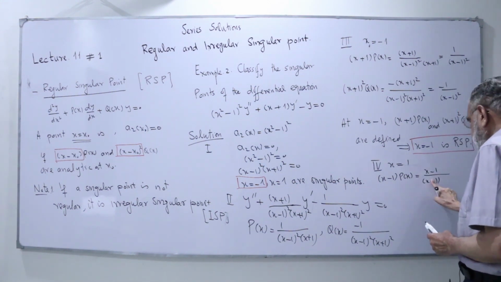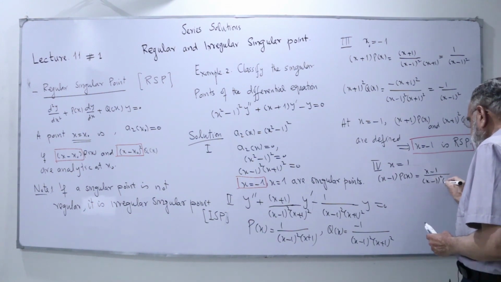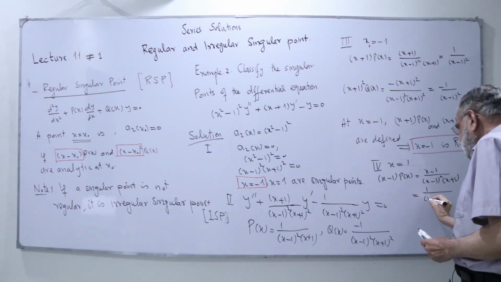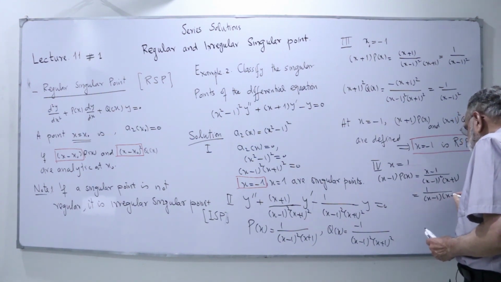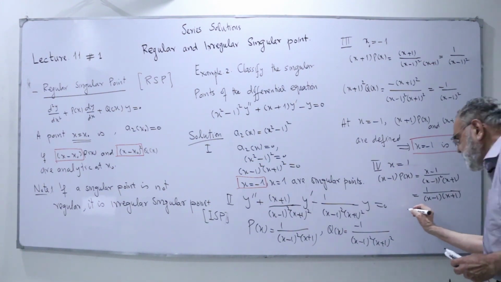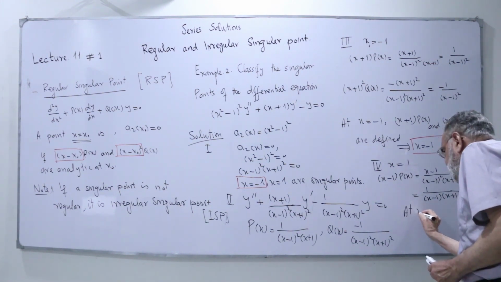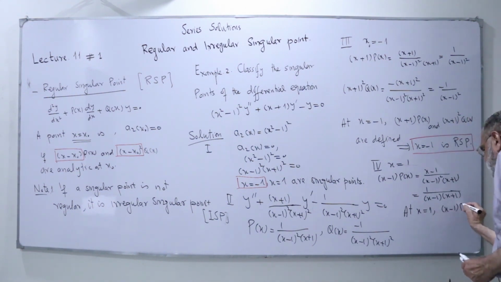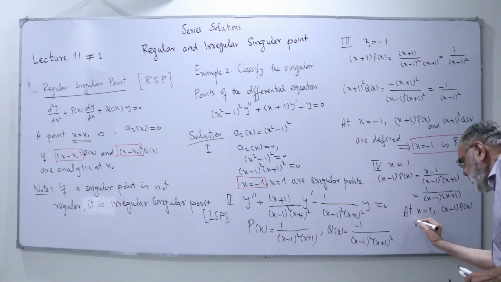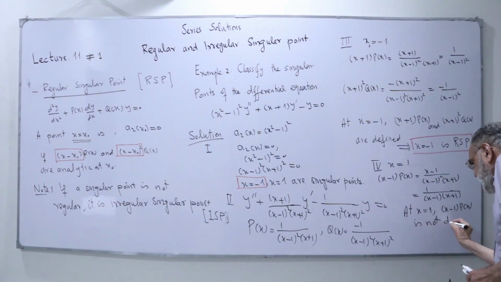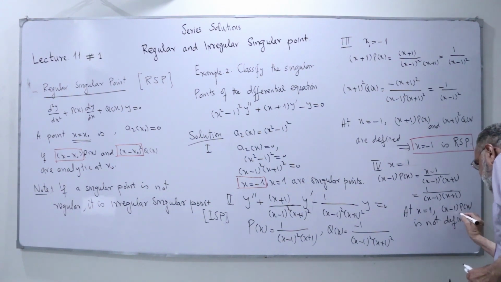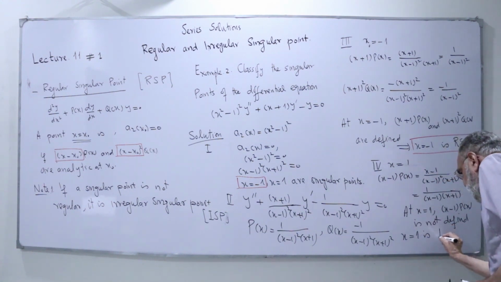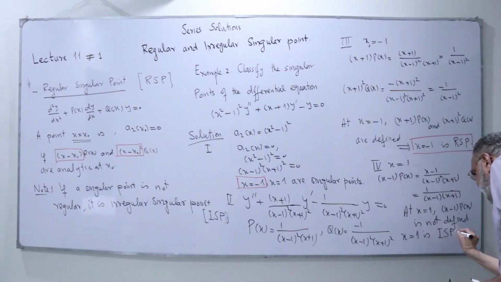x minus 1 whole square into x plus 1. Simplify this one. We get 1 over x minus 1 into x plus 1. Now we see that at x equal to 1, x minus 1 times p of x is not defined. When it's not defined, we say x equal to 1 is an irregular singular point, because if any